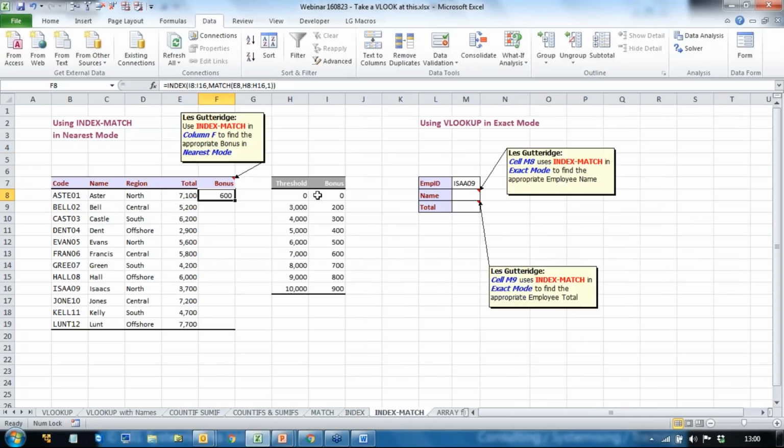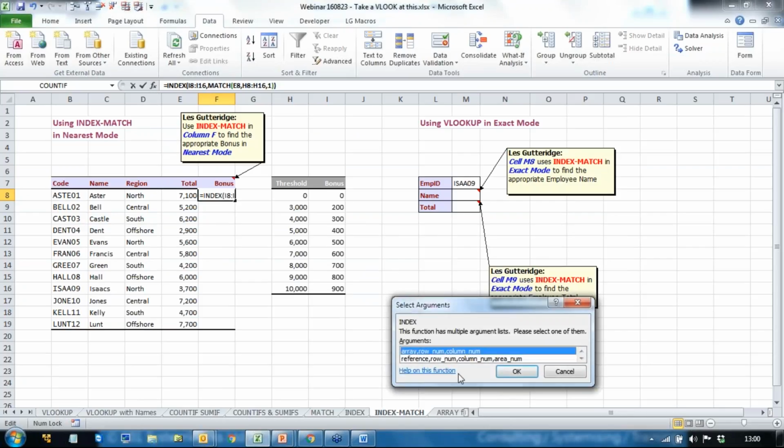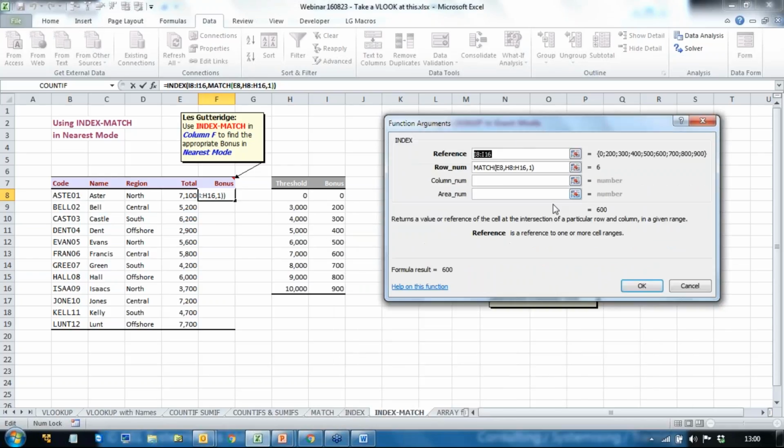And then when you put them together, here's the way forward. Look, when you do INDEX, you have an inspection range which is I8 to I16, which is here. You have a MATCH function going on which will find out the row like I just explained. So in I8 to I16,